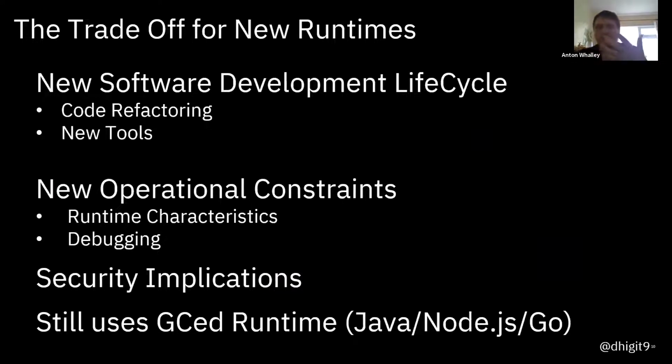Because these application runtimes, be they Java or Node, are starting to look at different technologies to meet the footprint of native, it means there's going to be a churn of the software development lifecycle anyway. What I'm trying to get across here is if your teams are starting to look at things like GraalVM or different ways to develop their Node.js applications, you should definitely take the opportunity to say, okay, if you're going to have to implement new software development lifecycles for this, bring in new tools, and change your operational constraints, that's an opportunity to have a conversation about using Rust and look at the trade-offs between using Rust and bringing in all this